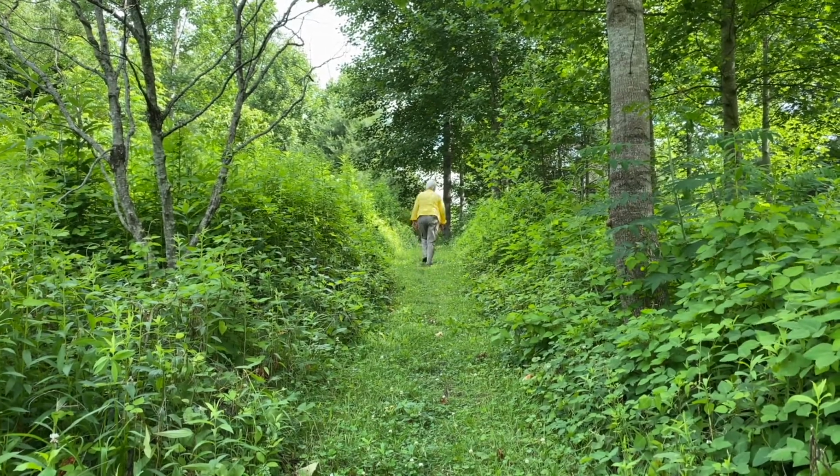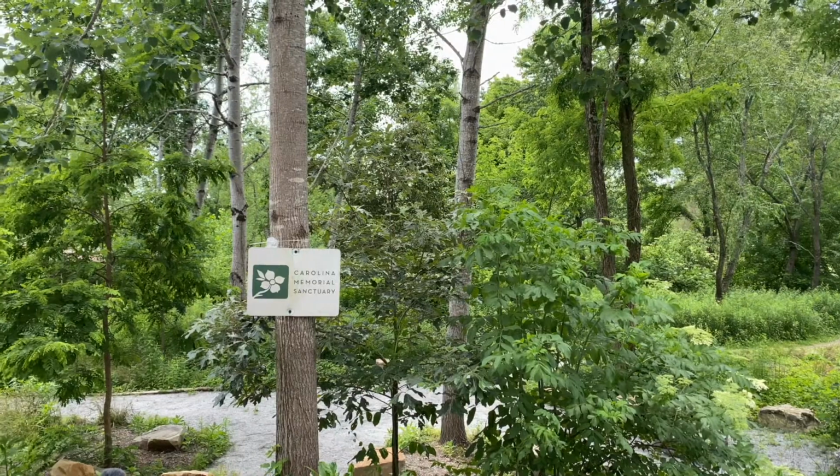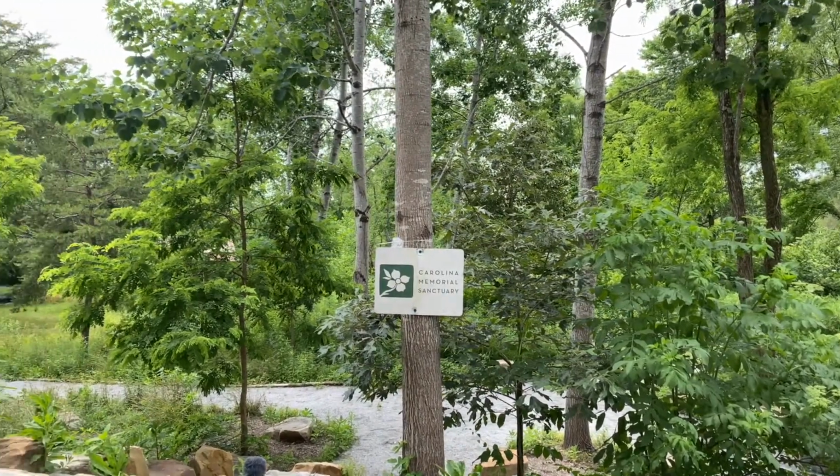Carolina Memorial Sanctuary is a public park. It's open during daylight hours. There are lots of folks who come around and walk the trails, some folks who don't even have a loved one buried here. We have 11.113 acres here, and it's a long, skinny piece of property, and we're blessed that it has McDowell Creek flowing